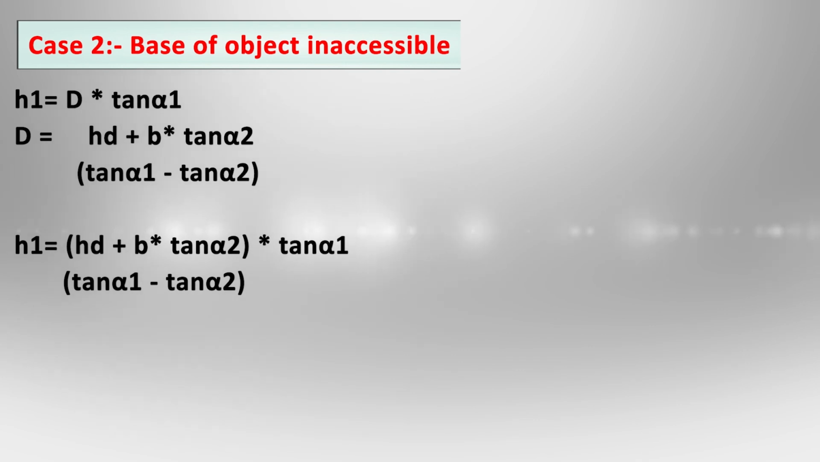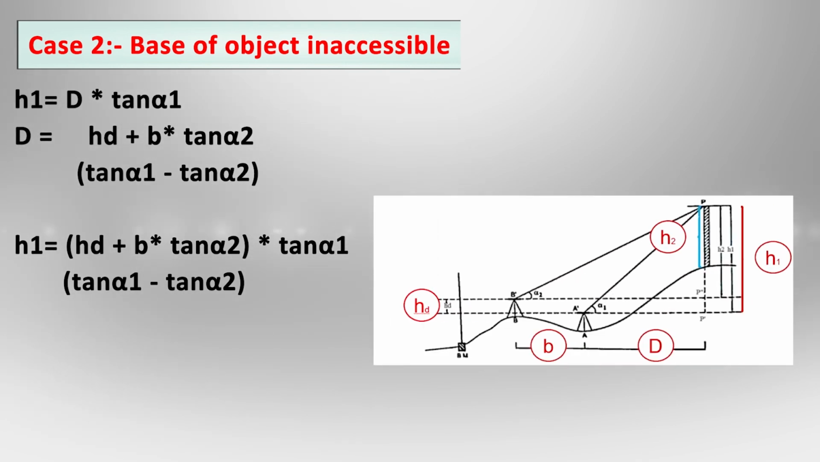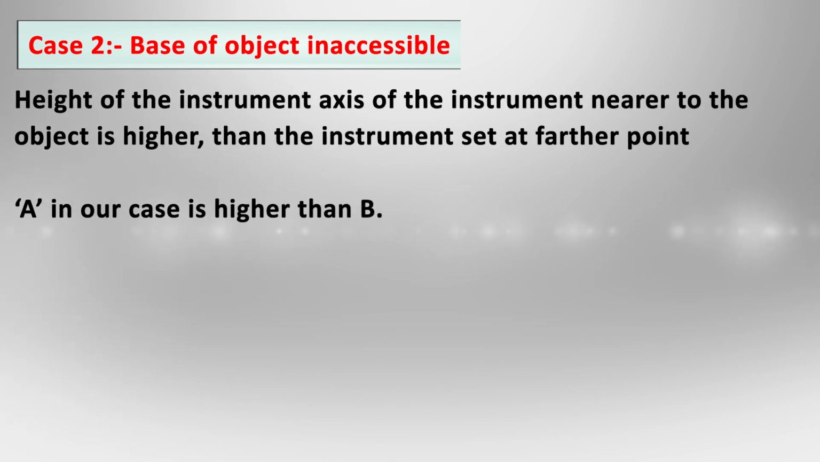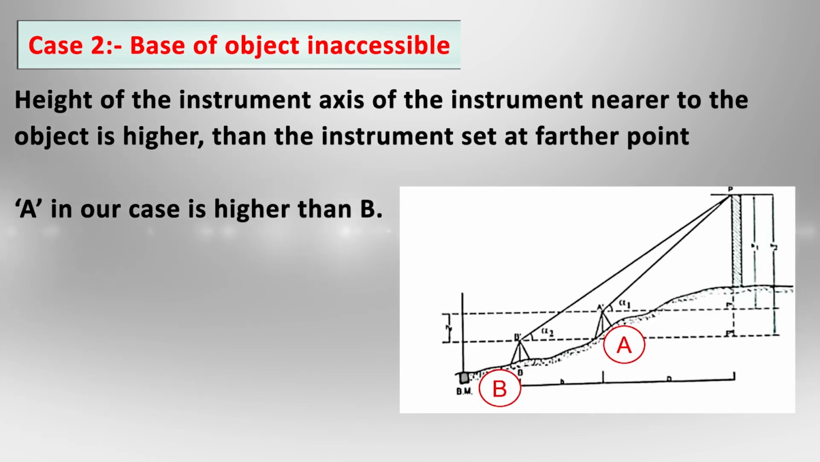Now substituting this value of D in our original equation, we get H, that is D tan alpha 1. So we get the value as H = (HD + B tan alpha 2) tan alpha 1 divided by (tan alpha 1 minus tan alpha 2). The height of the instrument axis of the instrument nearer to the object is higher than the instrument set farther from the point A, in our case, which is higher than point